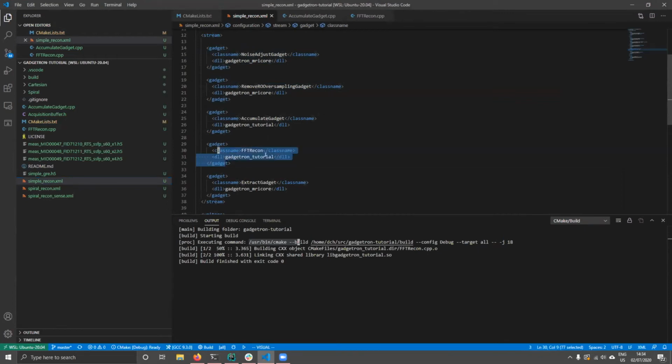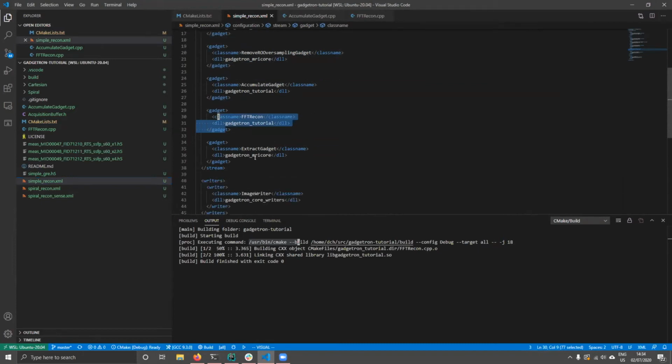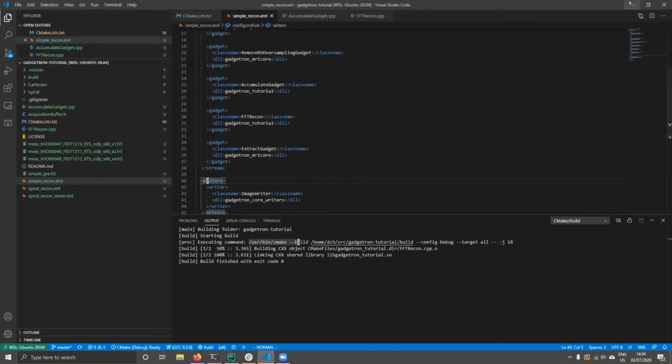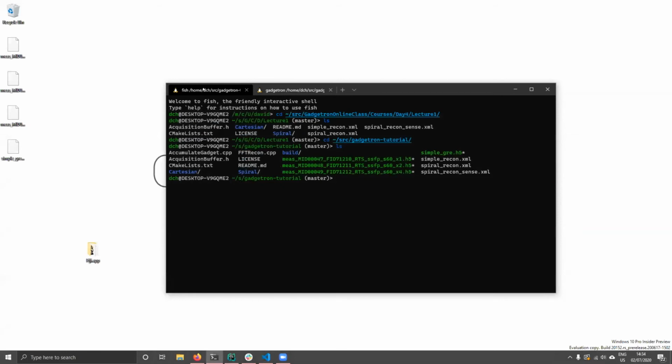So actually the FFT recon gadget creates a complex image. They're kind of hard to look at. So we add an extract gadget to create a magnitude image. And then finally, we have an image writer. So we get the image back. So let's see what we can